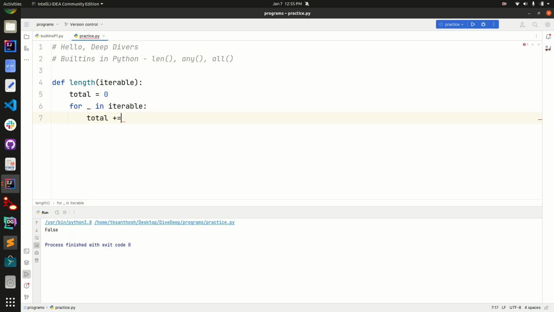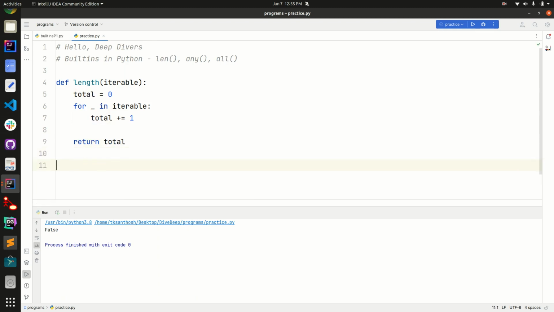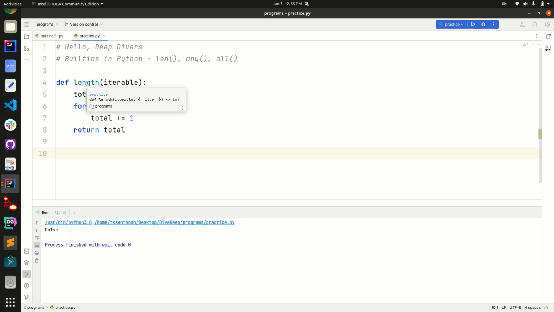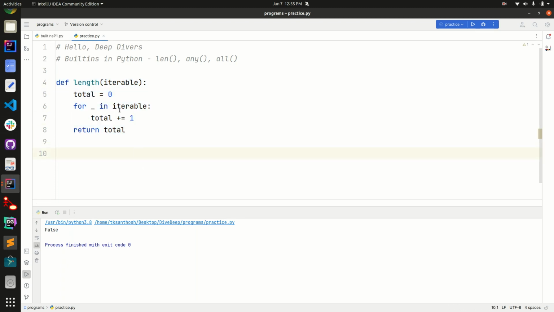So I'm incrementing it by 1 and returning the total. This is our custom length function. This is not the actual implementation of the length function. It can be implemented using C functions, I think. But we can also find the length of an iterable using this function as well.